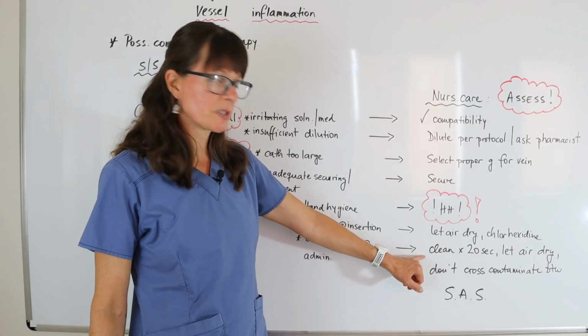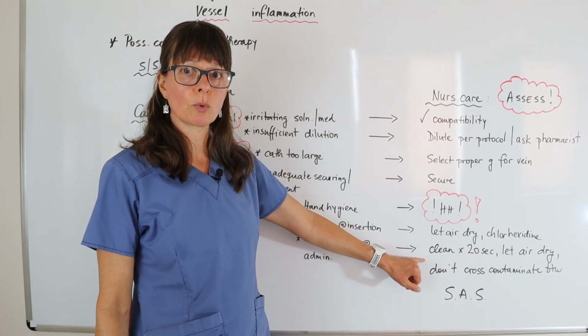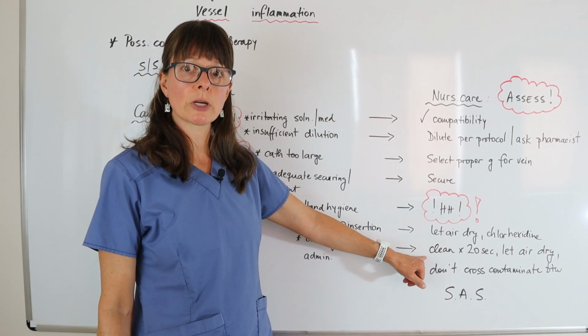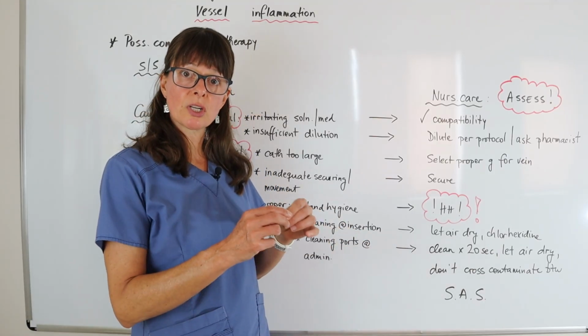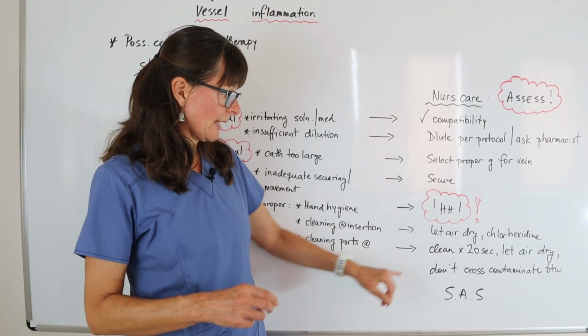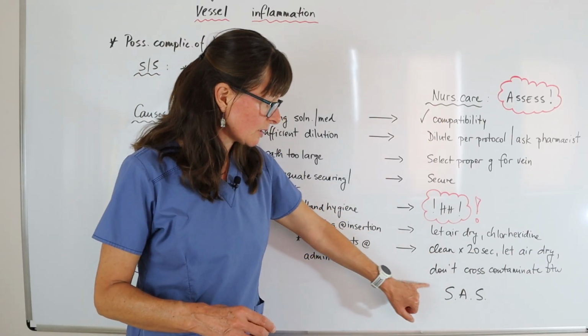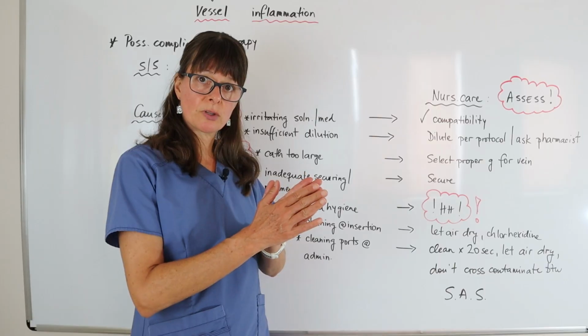But always check your facility's policies and procedures to see what they are and to make sure that you adhere to those. And again, we want to let that port air dry after,